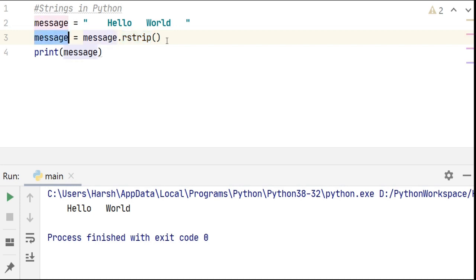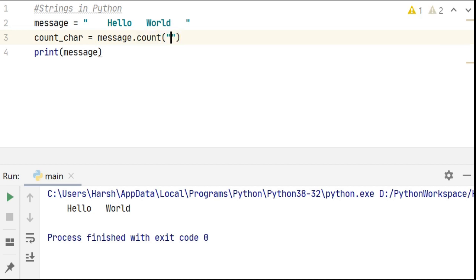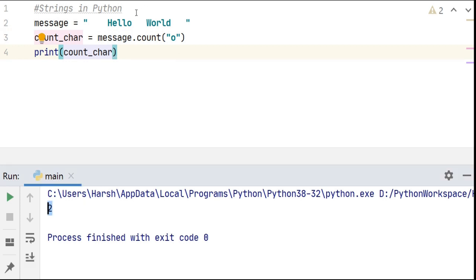Let's say count_character is our variable name, and to find out the count, we just type count and pass the character which we want to count in the brackets. Now let's print the variable. When we print it, it gives out 2 as our output. Why? Because o is present twice.